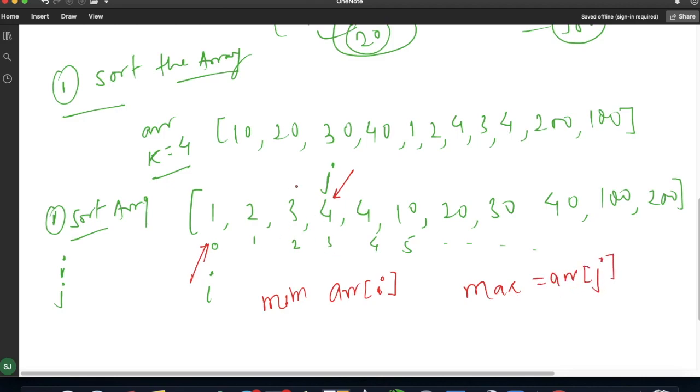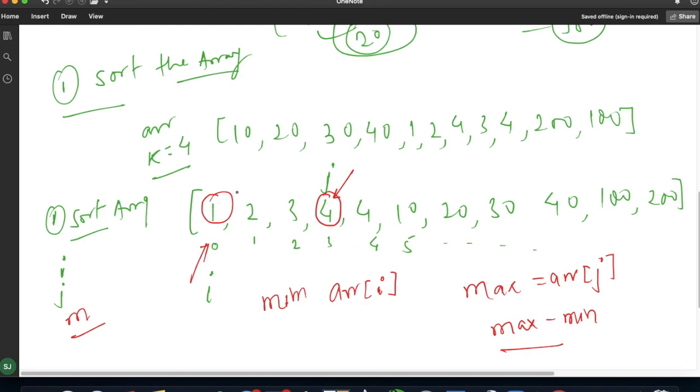Now we'll simply get the value max minus min. And we'll take one variable, suppose m, a minimum variable, and we'll simply update this minimum variable in each iteration.